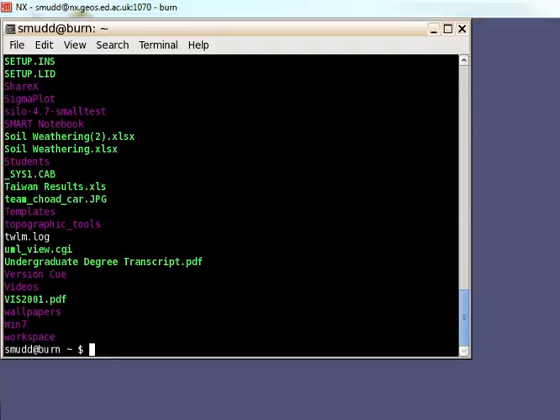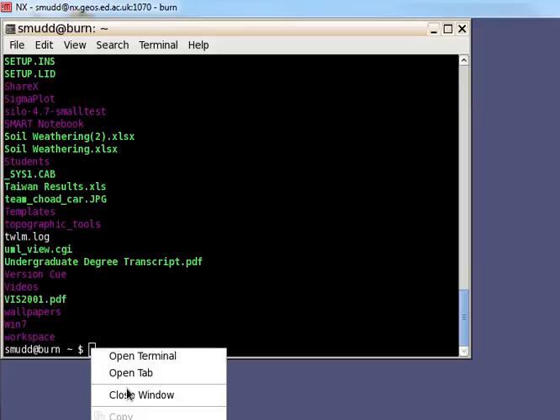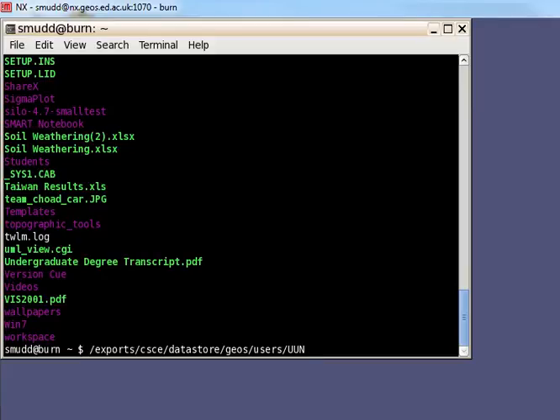The research data store directory has quite a specific location, and I will put it in here. I've just copied this over because I don't fancy typing this out and I couldn't remember it. It looks something like this. Your research data store is in a folder called /exports/CSCE, for College of Science and Engineering, where the SC is for science. Then you have data store, geos for geosciences, users, and then UUN is your username. So for me, that would be